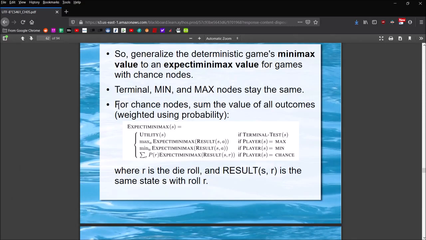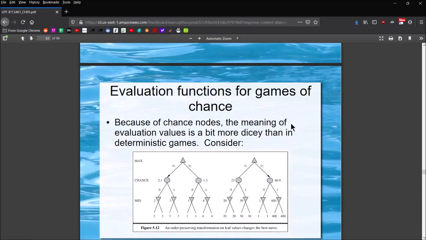So we just have to take that into consideration. And so when you take a look at the expectiminimax function, that's what's being played out here, right? So you've got, from Max's point of view, what the maximum value is going to be based off of a series of results, right? From Min's point of view, you've got the minimum value that they're going to expect based off of a series of rolls, but then you've got modification of that based off of the sum of all of the probabilities, right? So we're taking into consideration all of the die rolls for all of the turns being played out until we get to a terminal state. That's the big idea.